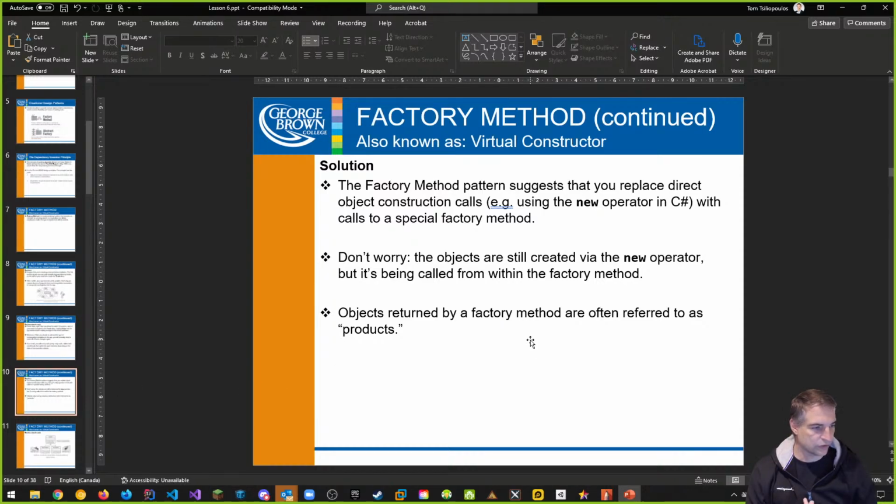So what's one of the solutions? We can use the factory method pattern, where we replace direct object construction, for example using the new operator in C#, with calls to a special factory method. And don't worry, we still create the object with the new operator, or in our case in Unity, we use Instantiate. We can still use Instantiate, but it's being called from within the factory, as opposed to loosely